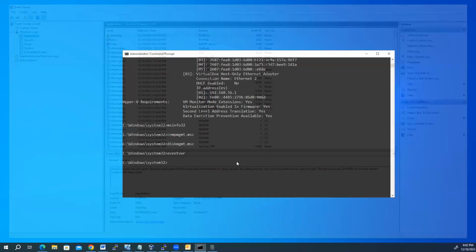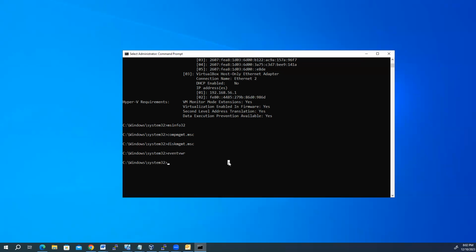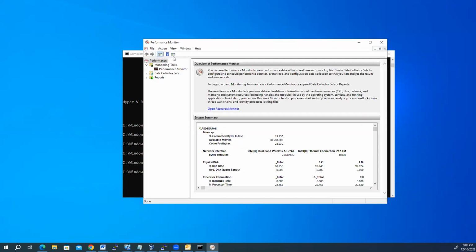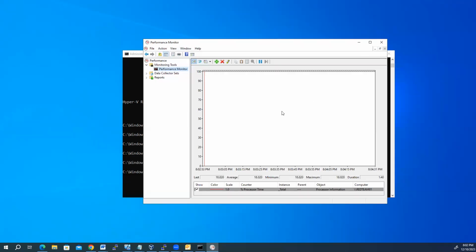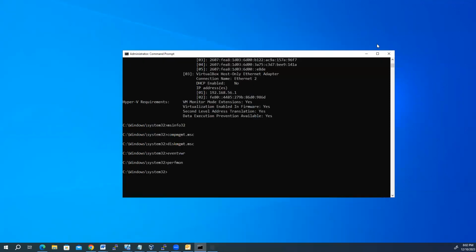Right? Okay, so the next command we can look at is perfmon. Performance monitor will open for us, and this is the performance monitor. Again, it is under the computer management utility as well, correct? So if you want to monitor more details, let's say your computer becomes slow and you don't know the root cause of that slowness, you can easily either open performance monitor or open task manager,